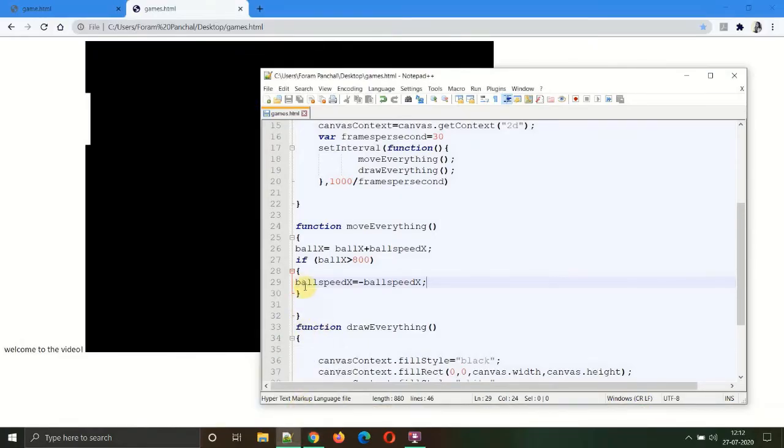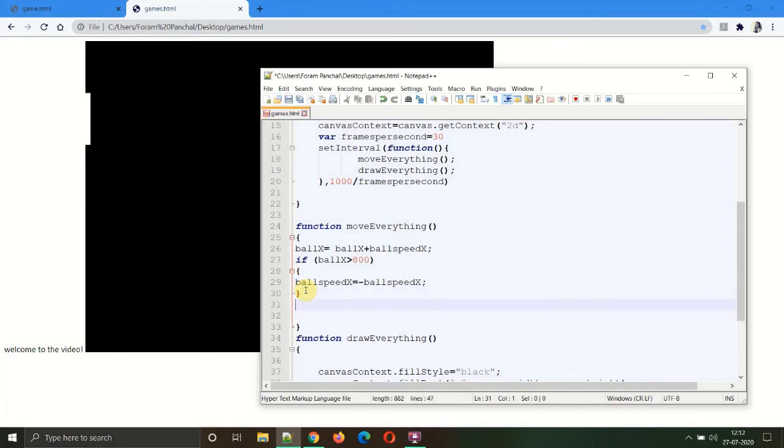Okay, now we have done it with one side, the right vertical edge. Now it is moving off the screen from the left-hand side. Let's make a condition for that too. For that we will need to create a condition which is ballX is less than 0. So as soon as it decreases below 0, which is a negative number, it should again convert its speed. So let's create another condition for if ball.